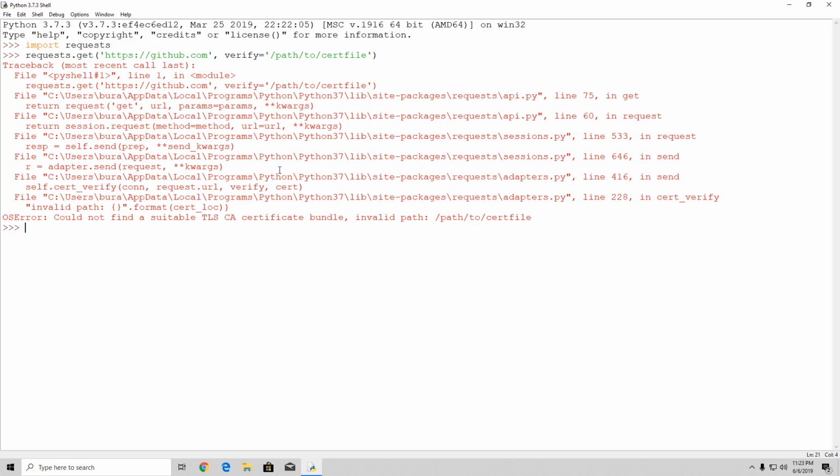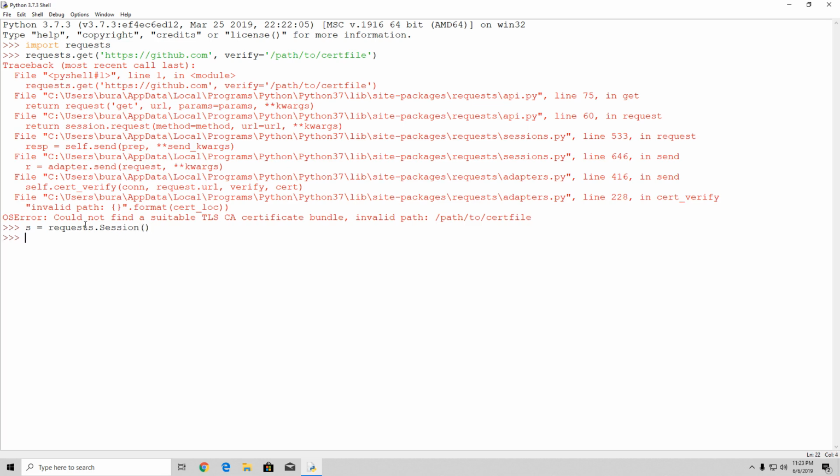once you actually know where the certificate is, you can simply check the verification with this argument right here. Simply specify the path to the directory where your certificate file is, and the requests library will perform the check by itself. Now, you can also do it the other way, which is creating the session object, which we did in the previous video. So s equals requests.Session(),